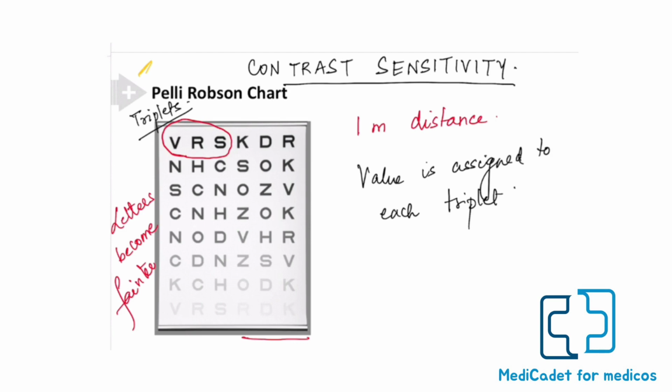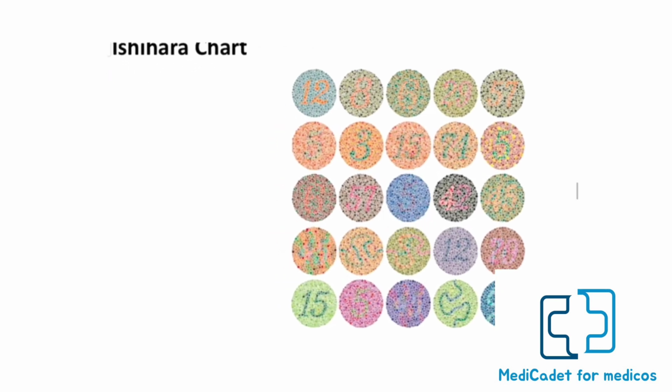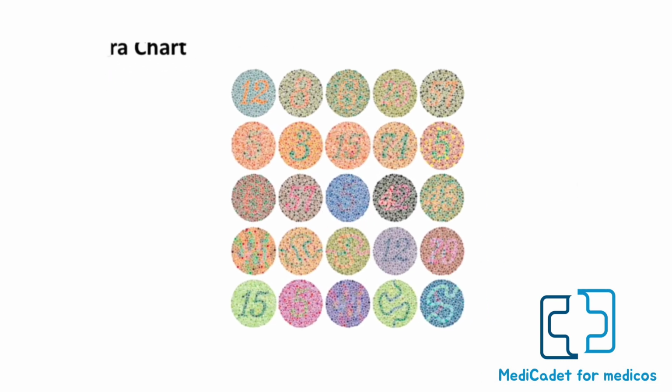Okay, this is the second aspect of vision assessment. The third aspect is color vision. Now, color vision is assessed by this chart, which is called the Ishihara chart. This is very easy to identify if you get it as an image-based question. You see multiple colors, and this is read from a standard reading distance. There are certain numbers or patterns which are visible. So only a person with proper color vision will be able to identify the pattern or the letter which